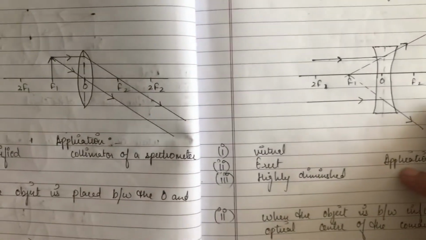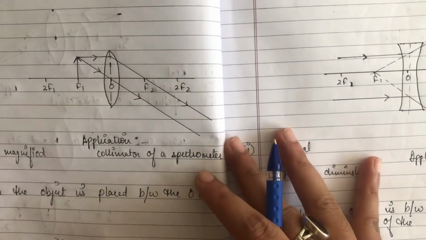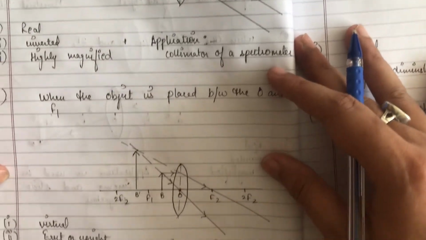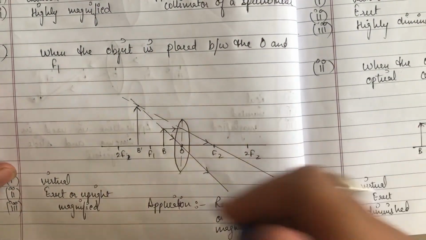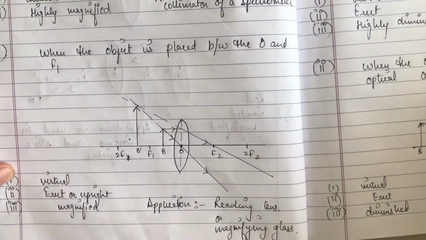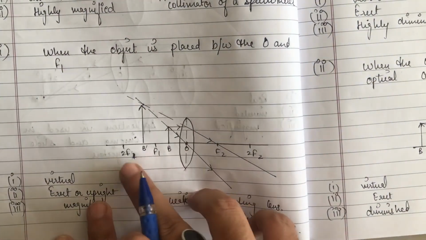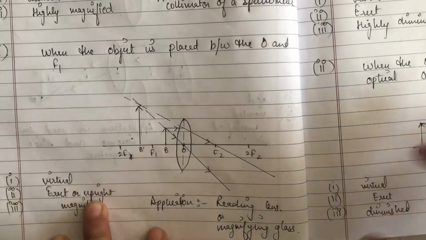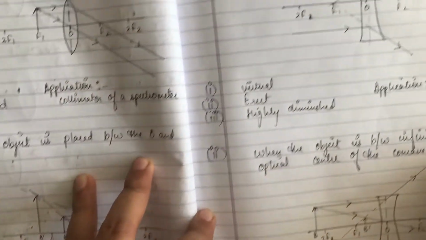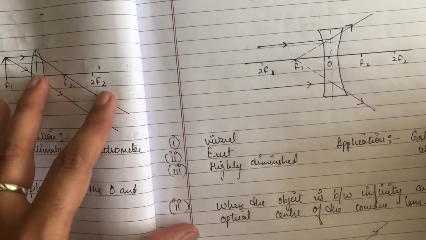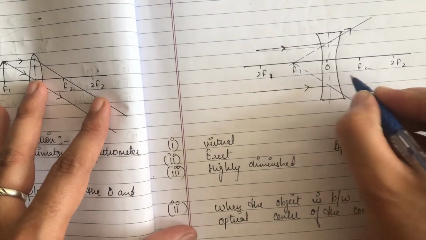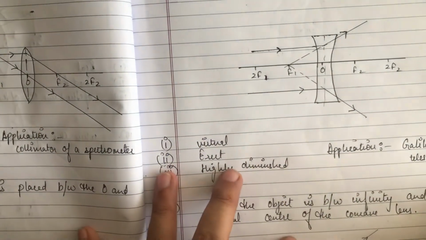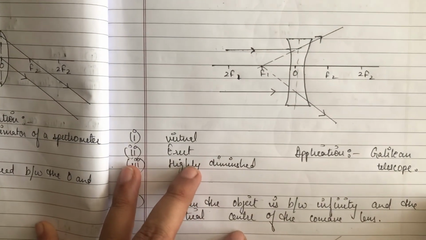And even in this case it is going to be to f1. This is by mistake, I've taken it like that. If this is f1, this is to f1, f2 to f2. In all the cases by mistake I've done that. This is f1 to f1, f2 to f2. So let's get started with concave lens.